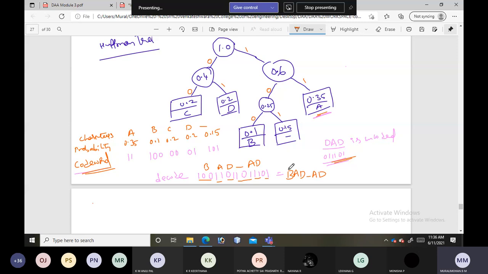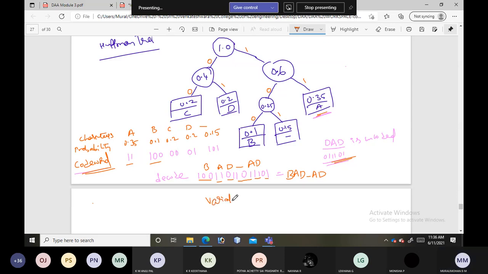With the occurrence of probabilities and the code word length, you can see that for one character it is taking 2 digits, and another it is taking 3 digits. So it is taking a variable length code word.